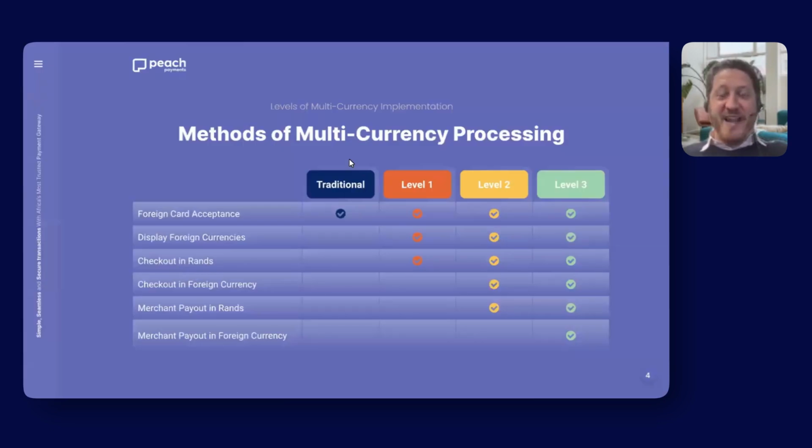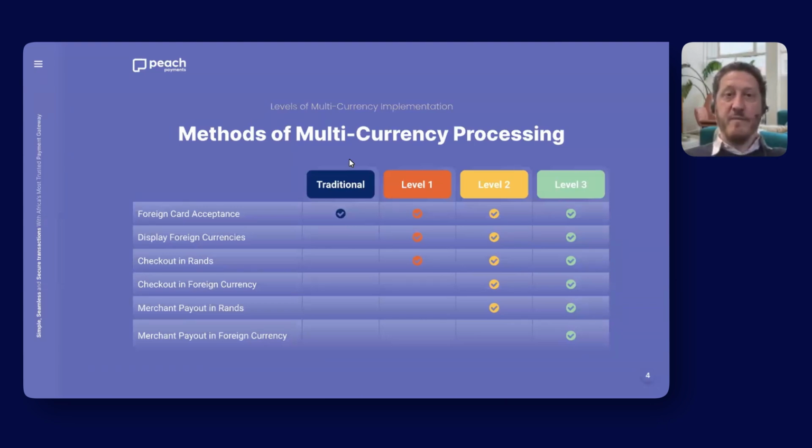Okay, this slide I think everybody should screenshot, because when I was talking about how confusing it can get using the words multi-currency in a conversation, it's this slide that gets into the complexity, because often people talk about multi-currency from three different standpoints. The first one is displaying multi-currency on your website. The second one is actually checking out in that foreign currency. And then lastly, it's settling in that foreign currency into your own merchant account. So let's go through all these different